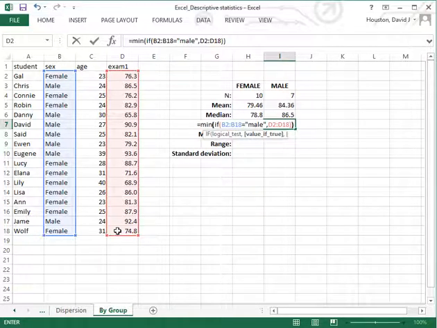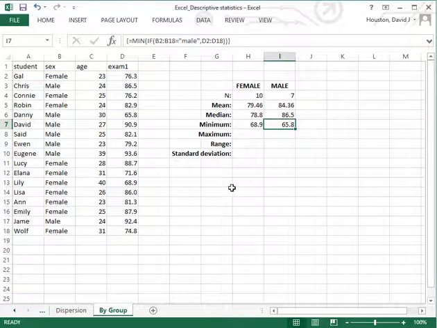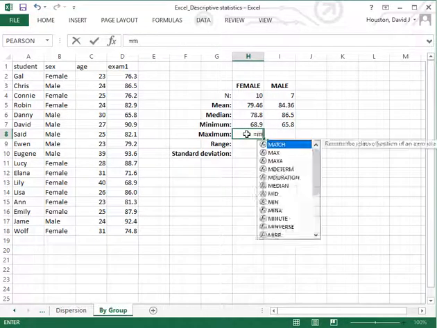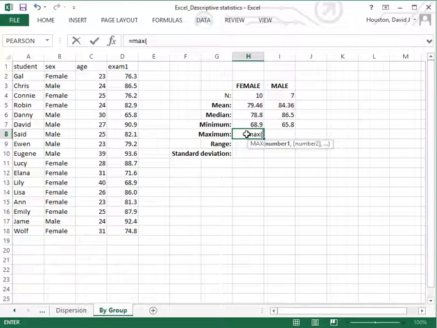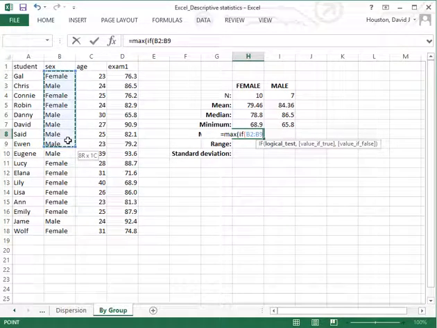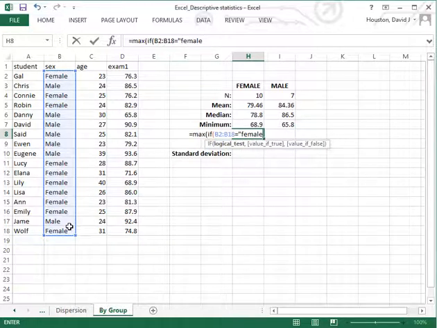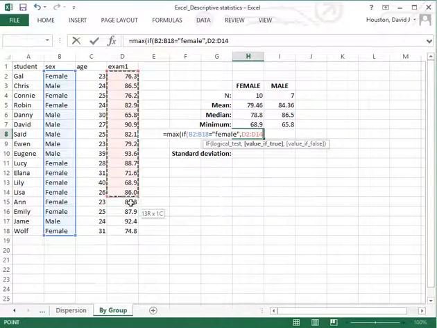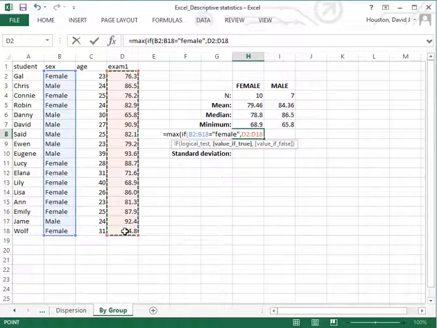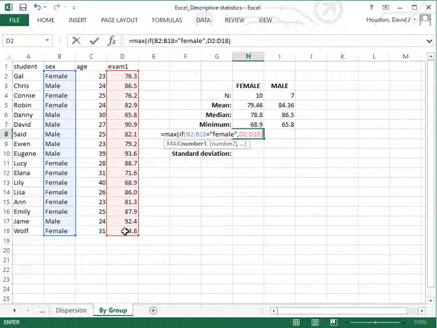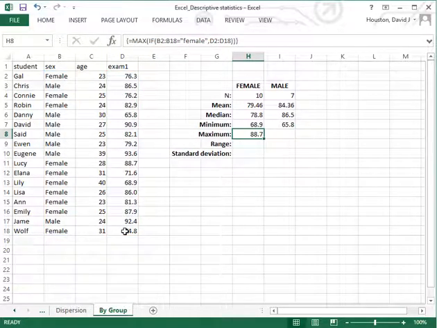Now my two parentheses or round brackets, if you will, and enter as an array formula. Use the max function. Highlight the range of the criterion variable, equal, and the criterion we want to satisfy is female, comma. Now I'll highlight the data range that contains the variable exam 1, one parenthesis to close the if function, and a second to finish out the max function. Holding down Control and Shift, I'll press Enter to enter